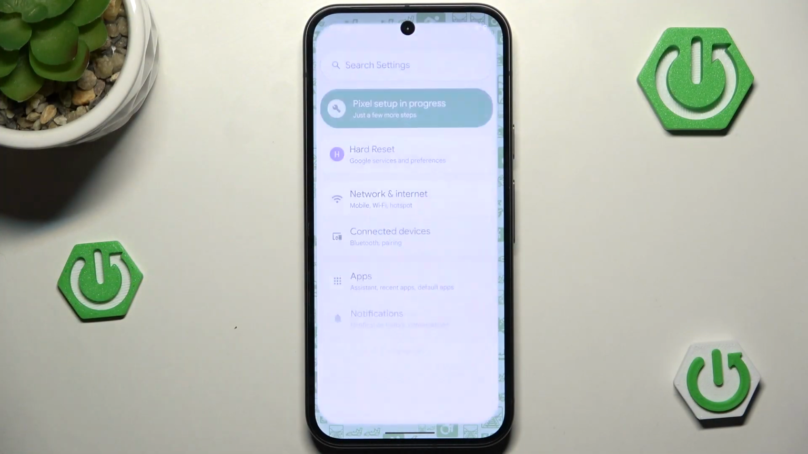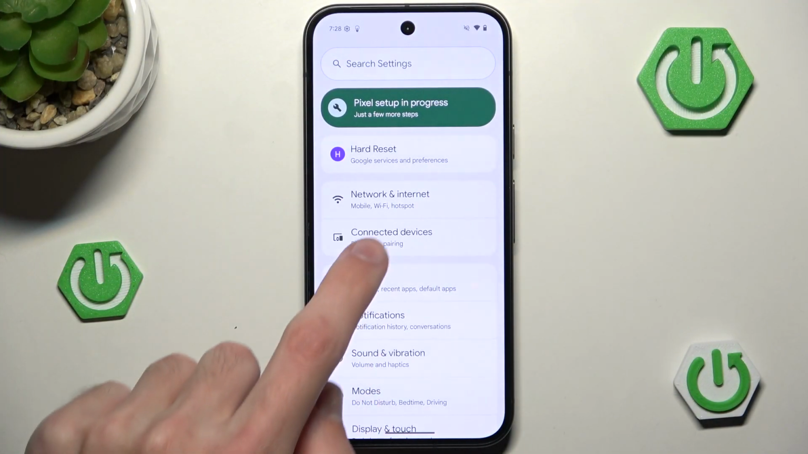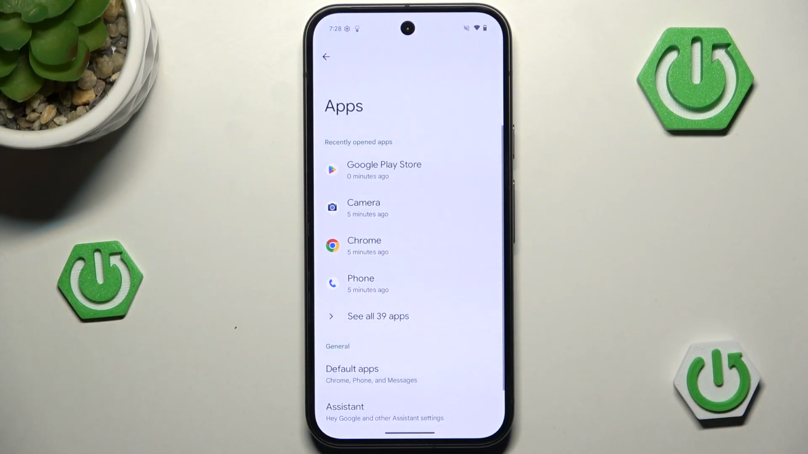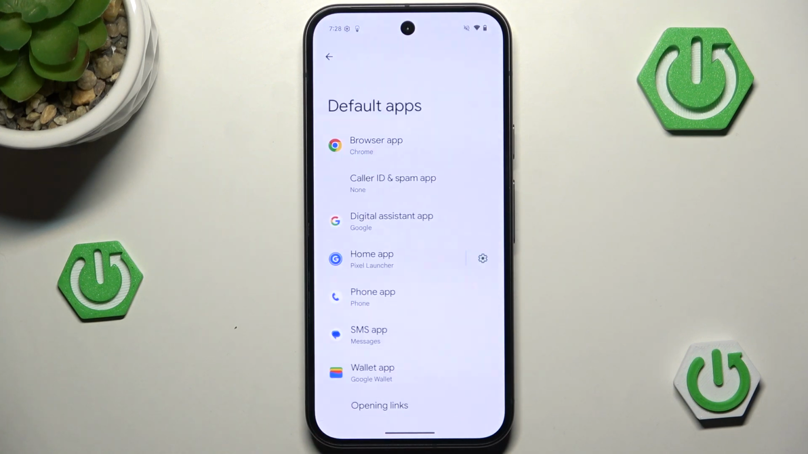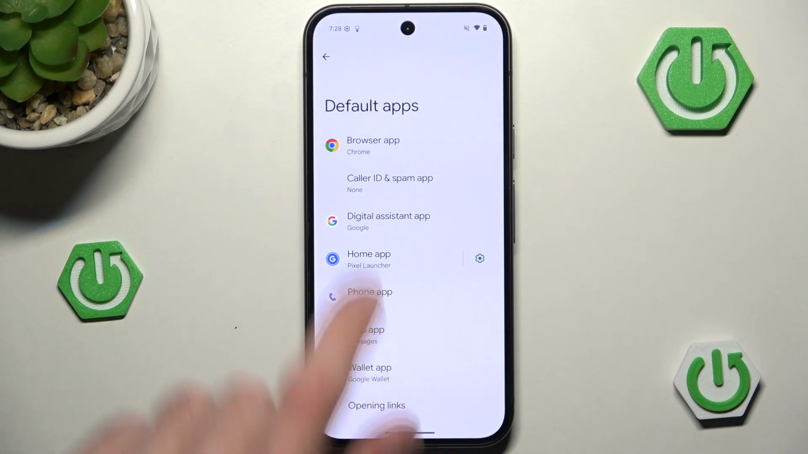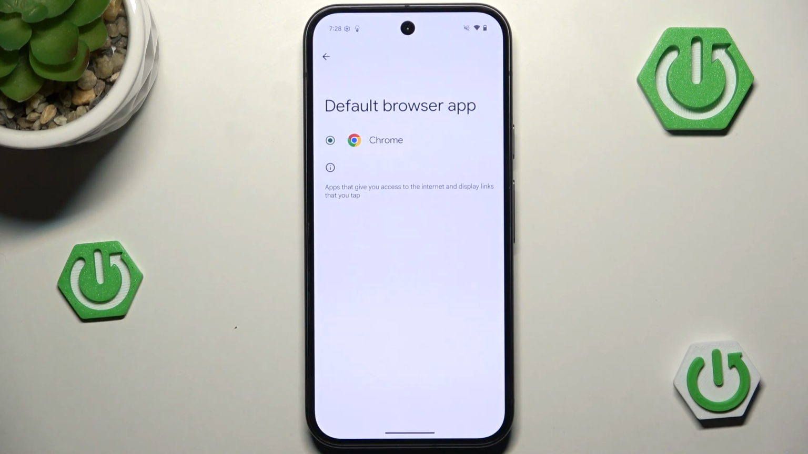So first of all we want to go to the settings and then into applications. Here we want to go to default apps and at the very top we should see browser app. We simply click it, and as you can see, if you would have other browsers installed, we would be able